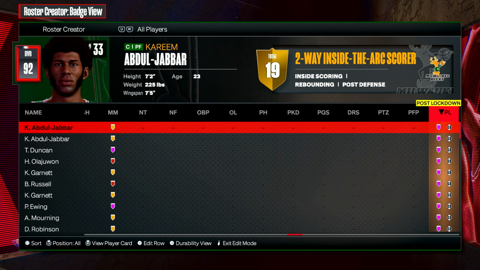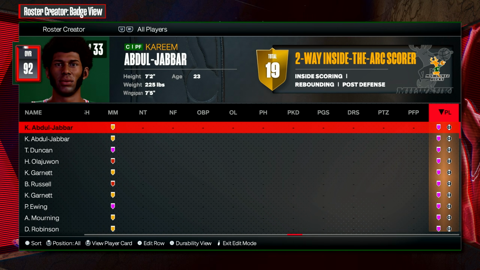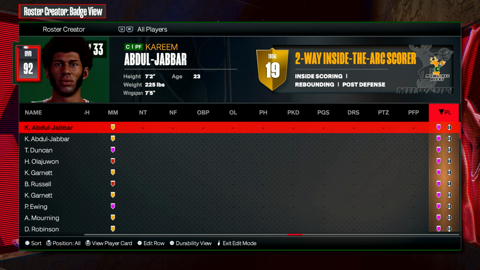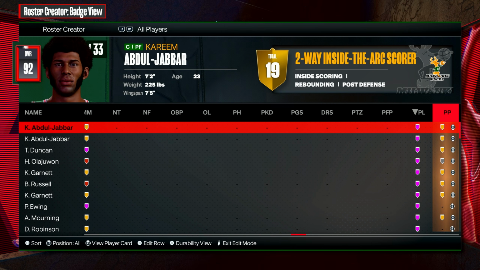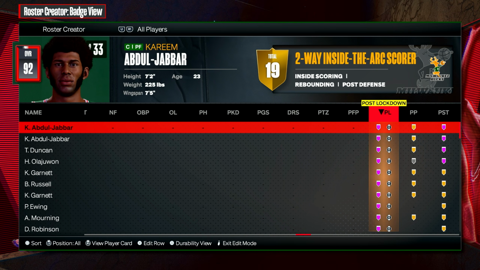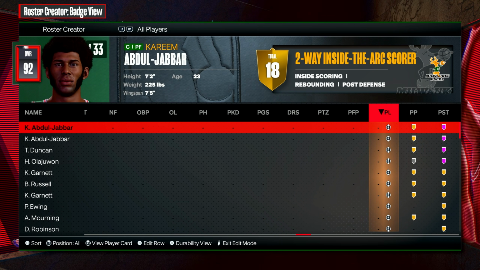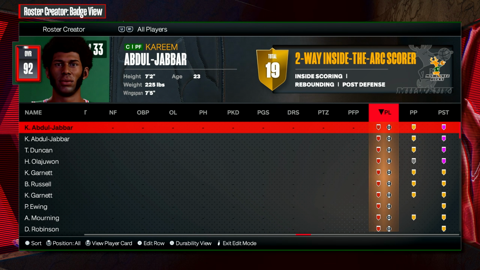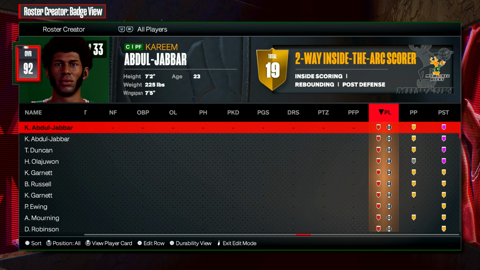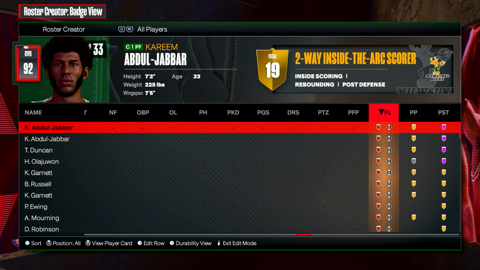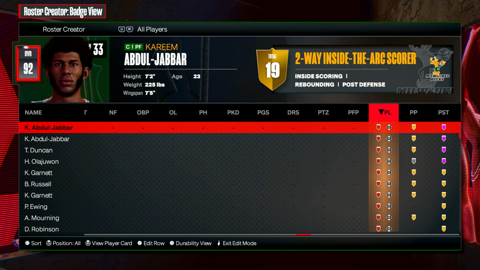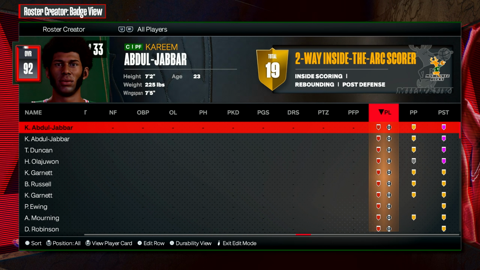Oh, this one. So post lockdown is a big one. Now, what I like to do for post lockdown is you want everyone to have this badge. I take it off everyone and I just go +1. Everyone's going to have a bronze level of post lockdown. Easy. All this badge is going to do is stop the CPU from getting those bad buckets off of